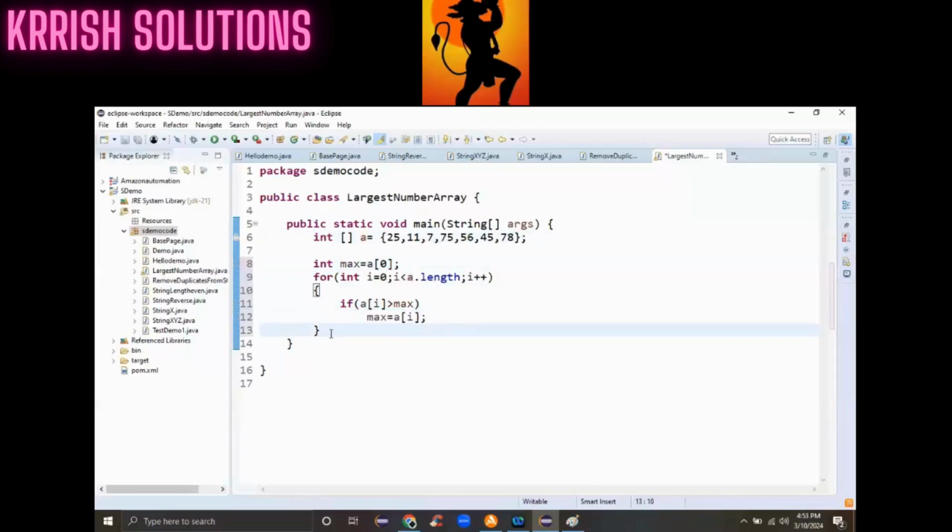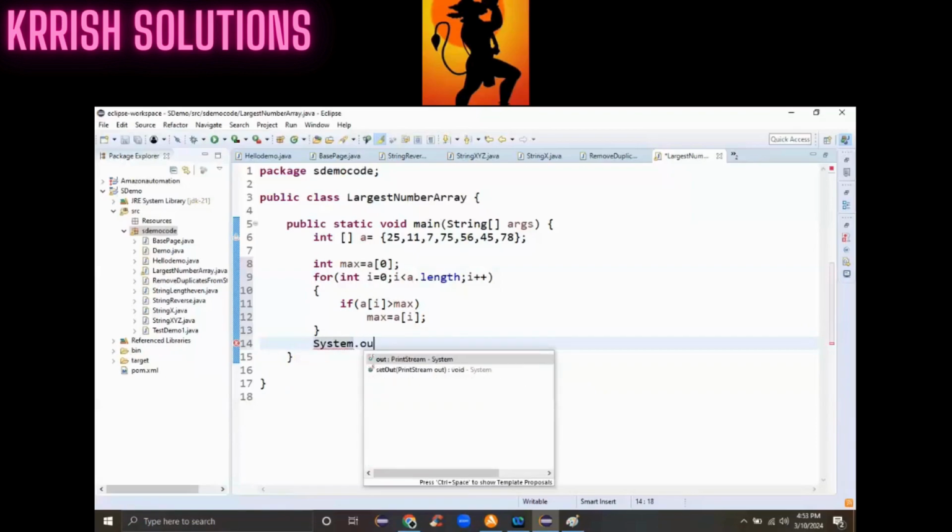Once you find the maximum value, just print that. System dot